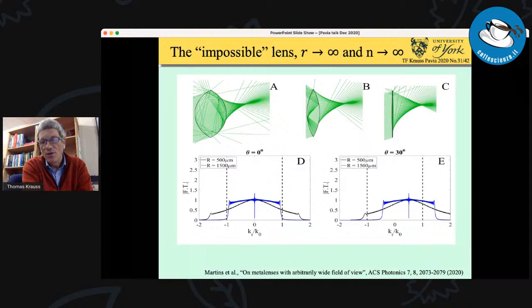And if you do that, you notice my k-space distribution becomes much flatter. So if I shift this around, it's already much better because it's almost translation invariant. You notice there's still a catch. You're losing a bit of k-space on the left-hand side, but I'll come to that. But the first observation is that with this impossible lens, my k-space distribution becomes very flat. So that makes it useful for angular incidence, and I'll develop this more. So that's a key bit: we're mimicking a phase distribution for infinite radius and infinite refractive index.